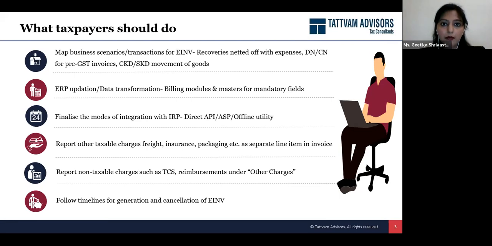In the ERP, it's not only about the field updation, there will also be requirements for every business to update their billing modules. When I talk about billing modules, why is it important? Because today, in a normal billing module, you only put in the relevant information which is required under the GST law, and the invoice is generated within the system. There is no dependency on any outside service provider or any outside system for any data information which has to be put in your invoice.